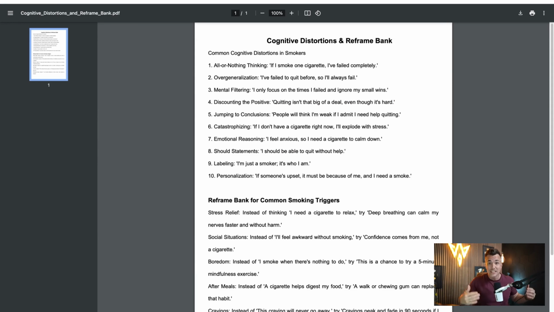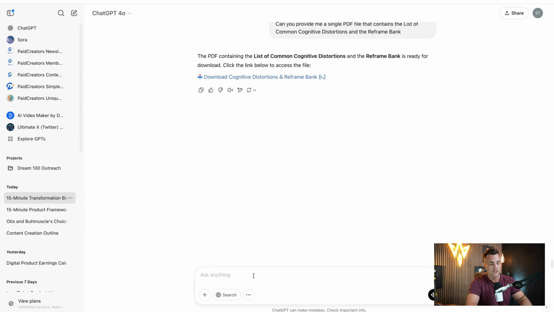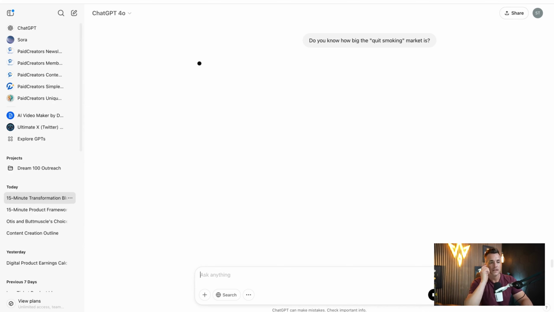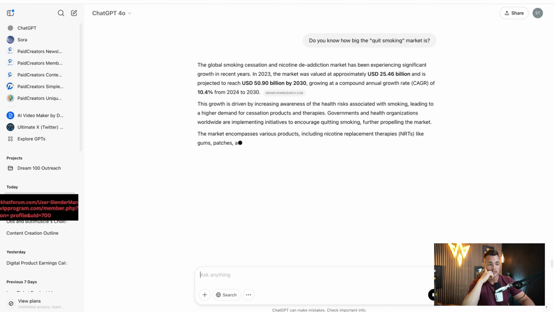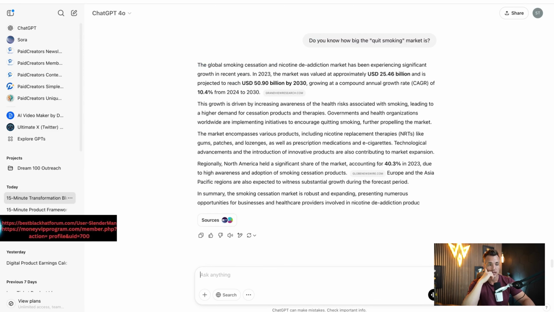Guys, this is a really freaking good product. I don't even know what the market for it is, but let me ask, do you know how big the quit smoking market is? I mean, it's got to be an enormous market. The global smoking cessation and nicotine de-addiction market has been experiencing significant growth in recent years.